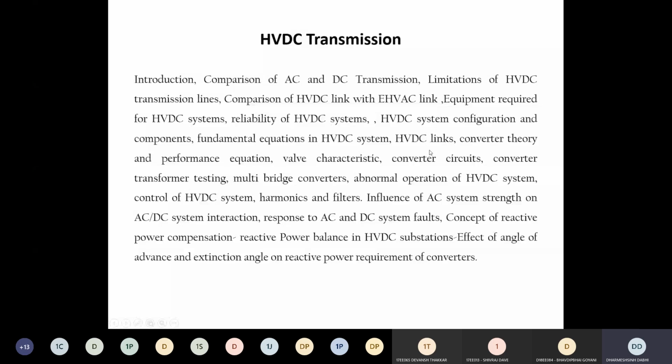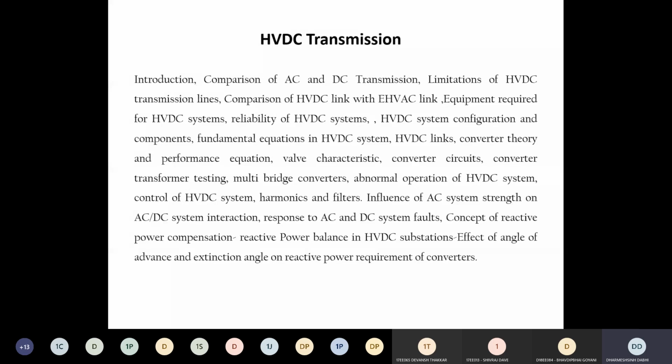Then we understand the converter theory, because we understand that there are basically 2 converters. This is the main part of your HVDC system. On one side there is a rectifier, on the other side there is an inverter. But in HVDC we call it a converter, because any of these power electronics converters can act as a rectifier or inverter. Clear? So here we use the word converter, not rectifier or inverter, because in an HVDC line we are able to transmit the power in both ways. So any of the converters can act as a rectifier or inverter. Clear? So here we give the name converter only.